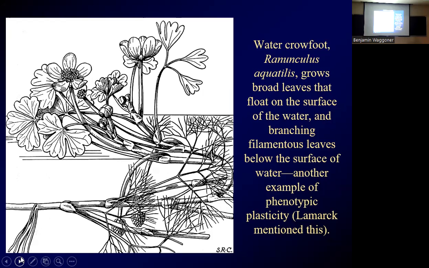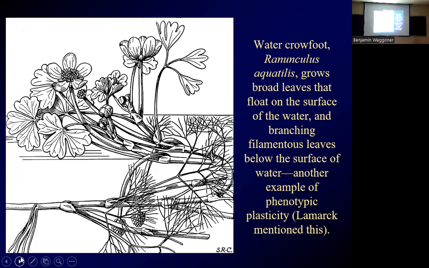I'm guessing that leaves like that have lower drag, meaning that if the current gets fast, there's less of a chance that that plant's going to get uprooted and dragged downstream. I don't really know if that's been tested, but it's another great example of phenotypic plasticity. You can get different phenotypes, even on the same plant, based not only on genes, but based on signals from the environment that modify the expression of genes involved in laying down